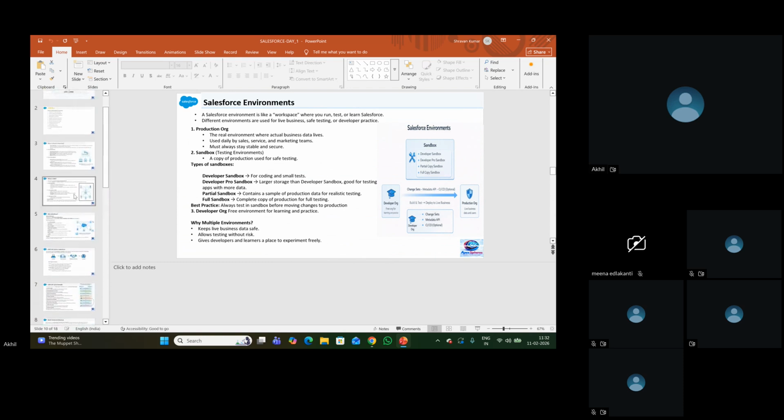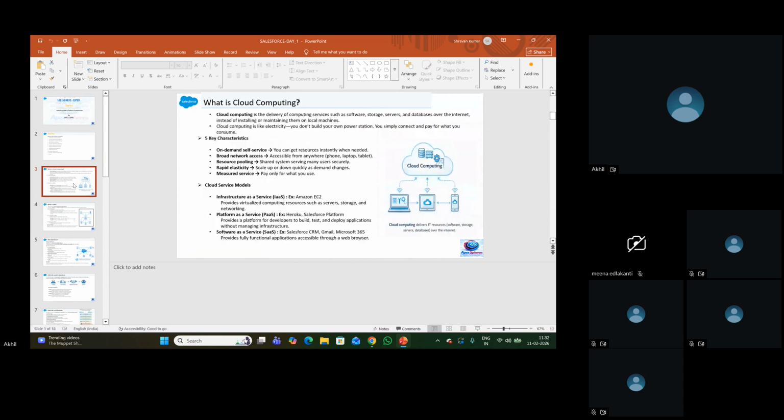Now this is one thing. And here, Salesforce has been divided into these 3 categories. Did you guys get this? This is also an important thing. One is software: Salesforce will provide and define the software. If you want to build some custom applications, we'll use the platform. And infrastructure is something like a server.